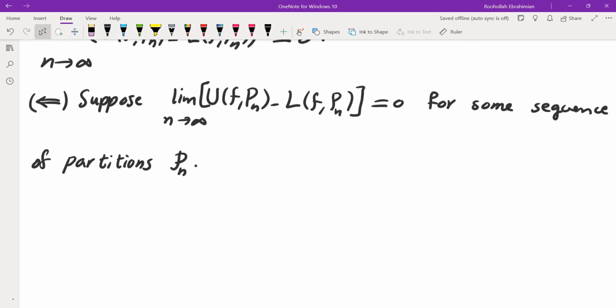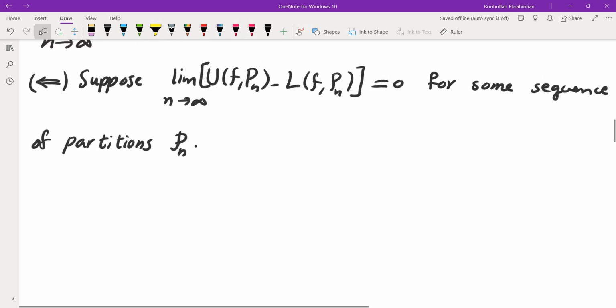I would like to show that f is integrable, which means the upper integral is the same as the lower integral. But if you look at the upper integral, and look at the lower integral,